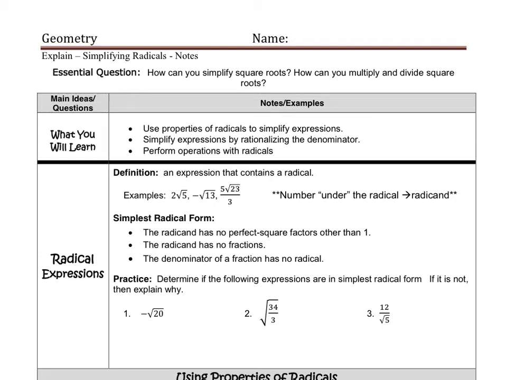Okay, today we're going to talk about how you simplify square roots. Also, how can you multiply and divide square roots. Make sure you understand and remember what a square root is. A square root, when you have a number inside a square root, for instance, let's just say we said